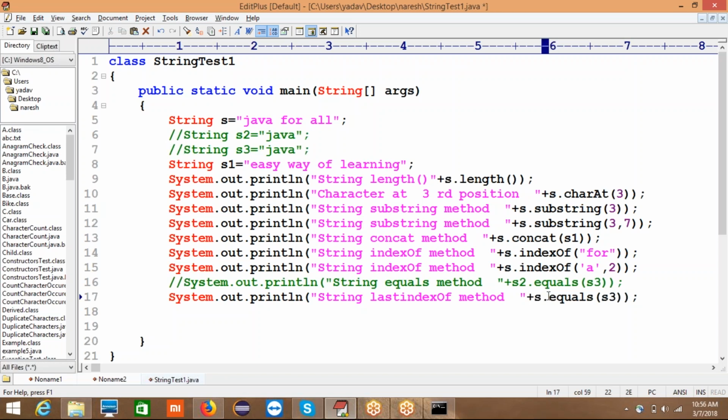So s dot, how can we use the lastIndexOf method? s dot lastIndexOf, it takes an integer parameter and returns a value. In the index we should provide the character if you want to get the location of the character where it was stored. So if you provide f,